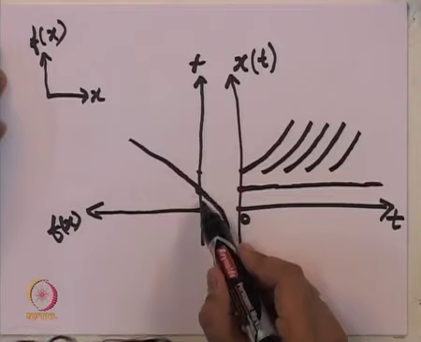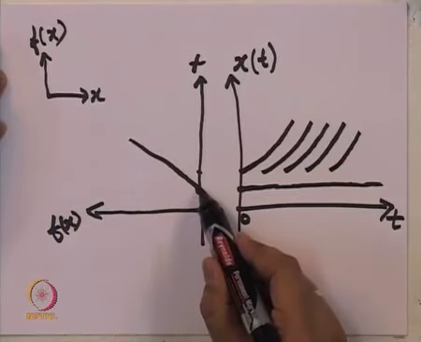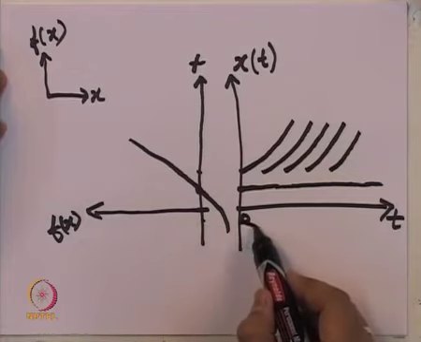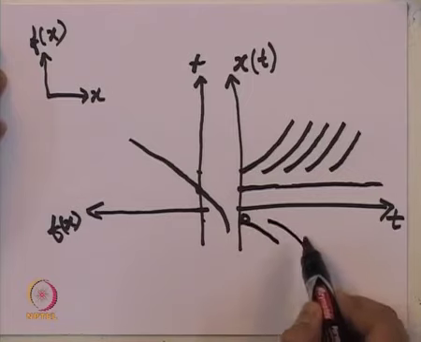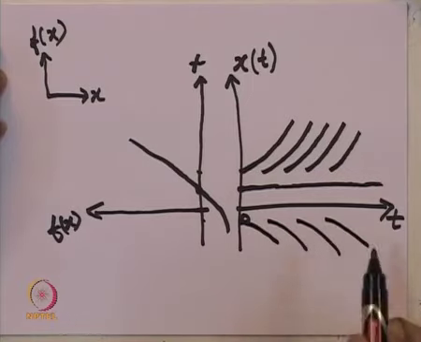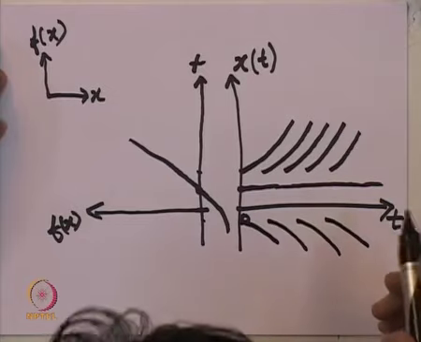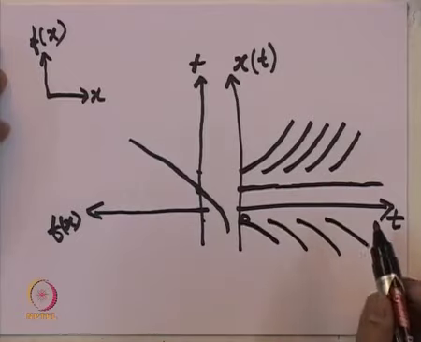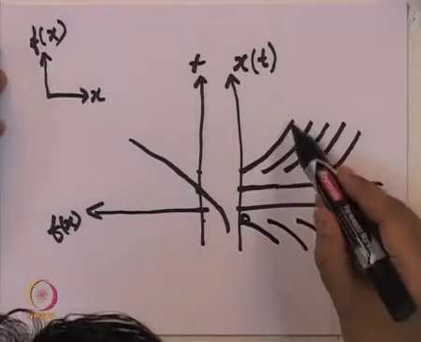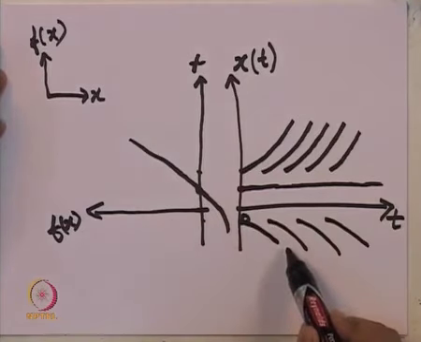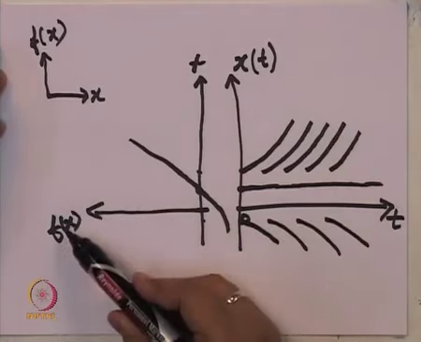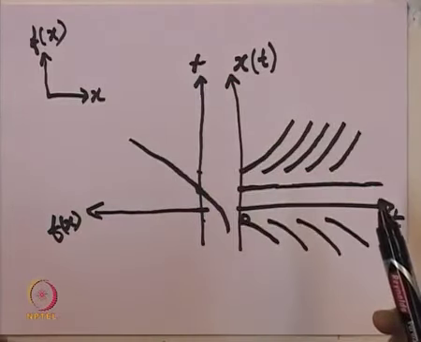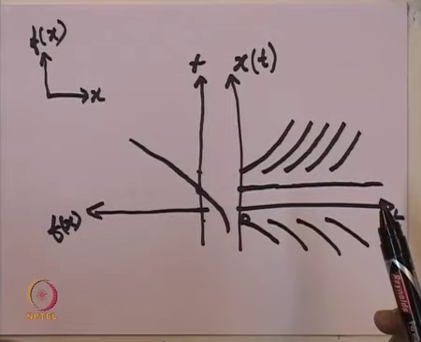On the other hand, if we start with the value of x that is slightly below this particular equilibrium point, say here, then here x dot is negative. So, x is going to decrease with time. Please note that we have dependence of f with respect to x, that tells us how x depends on t. Whether x is increasing like we saw here or decreasing as a function of time depends on whether f is positive or negative as a function of x. We will see this in a little more detail when we see an example.